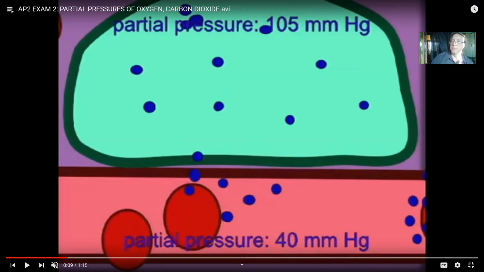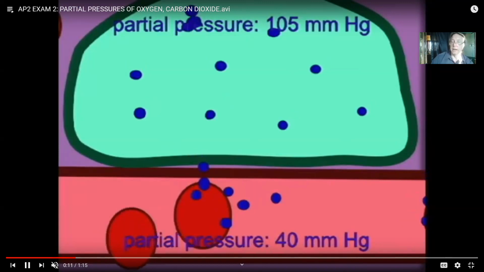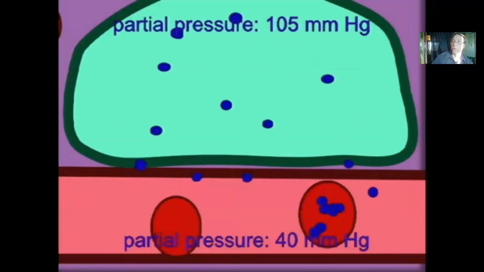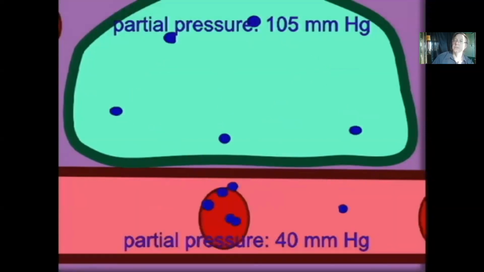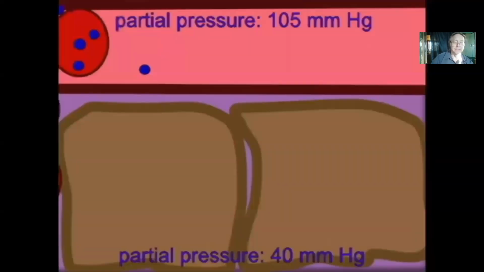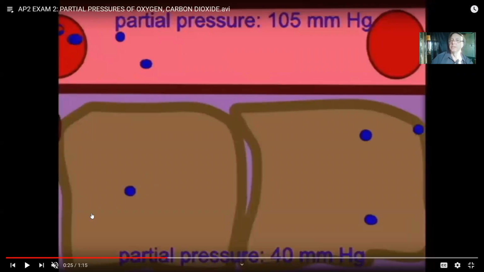It means that if we'd like to talk about oxygen for a while, we can, because oxygen acts as if all of the other gases weren't present. Once we're done talking about oxygen, we can talk about carbon dioxide, because carbon dioxide acts as if the other gases weren't present. So here, once again, if the oxygen rushes into the blood, and the deoxygenated blood, which once had a partial pressure of oxygen gas of 40 millimeters of mercury,